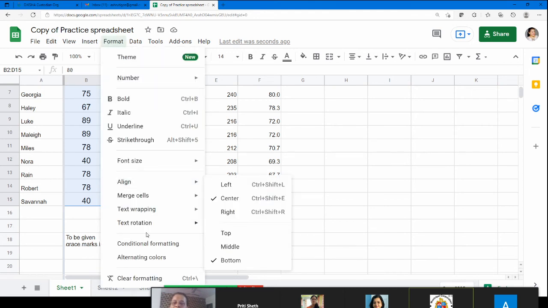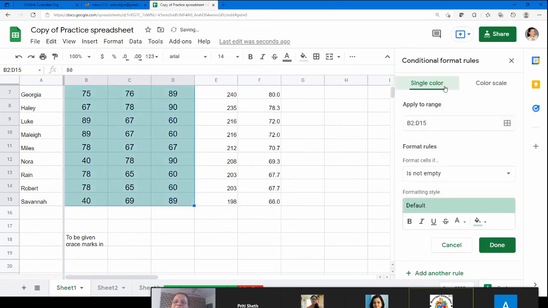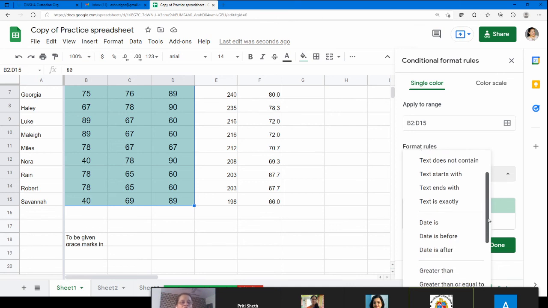Now I go in Format and I click on conditional formatting. It shows one formatting which I had given yesterday, but I don't want it, so I'll delete this. Now I have to add a rule. This is what we have marked, so it is already marked. Now what do you want? Format cells if. It contains text, does not contain text, we don't want all this. We want by value.